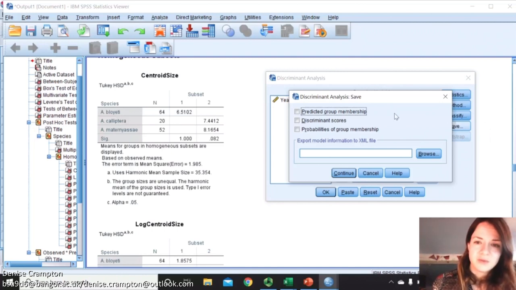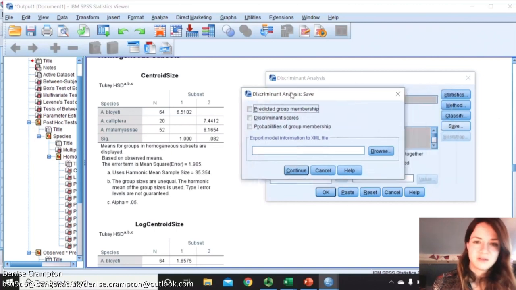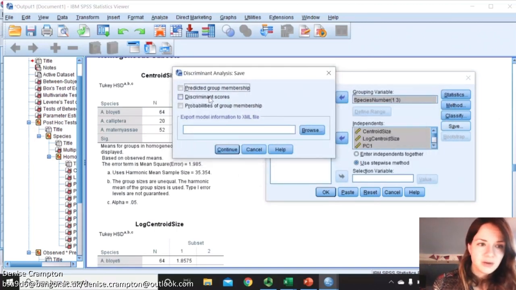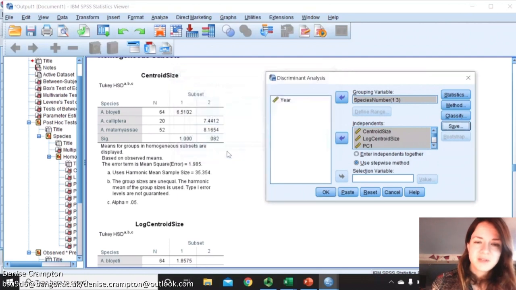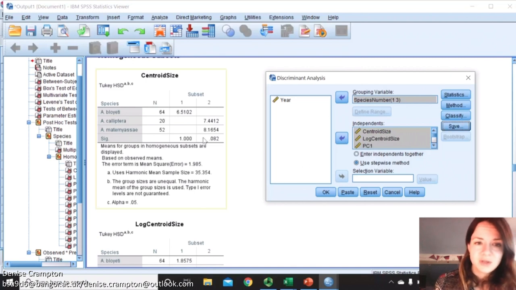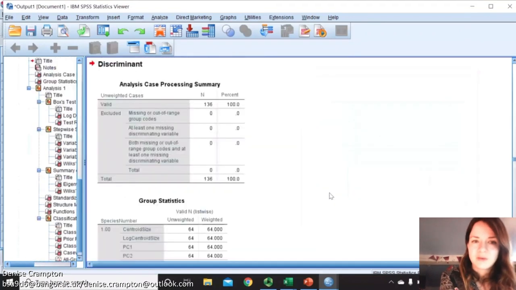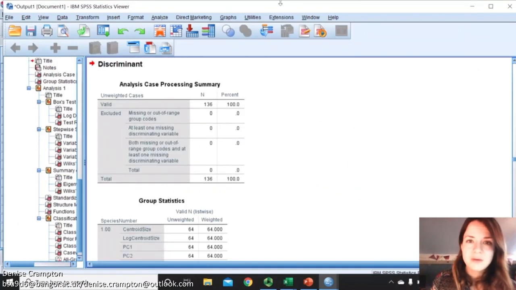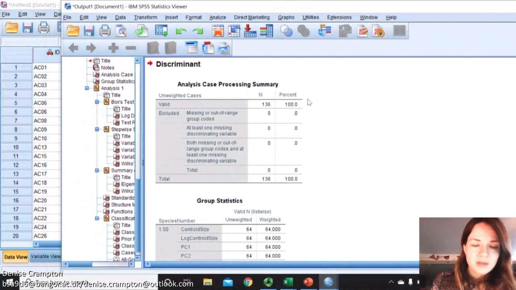These can be used simply to represent the discriminant function later on. So what I'm saying now is find the function to discriminate between these species categories based on the selection of variables you think is adequate enough to discriminate between these groups. So in this case, we've included centroid size and the principal component scores. So it's going to load our results now. Okay, so